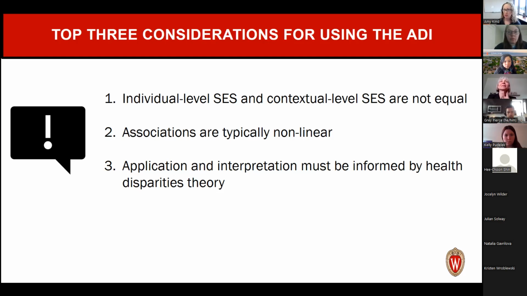Also, the associations with health outcomes tend to be nonlinear. So they tend to be more strongly associated at the tails of the distribution. A great example of this is in some of the resource utilization work that's been done. You see these massive exponential kind of J curves in those most disadvantaged neighborhoods where the slope becomes asymptotic. So not only is it not linear, but it seems to be exponential in some cases. So if you use this metric within your research, be sure to check for nonlinearity, and I'm sure you can work with your biostatisticians. I won't go into all the steps for that.